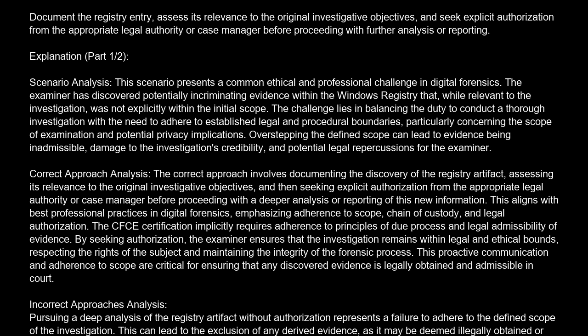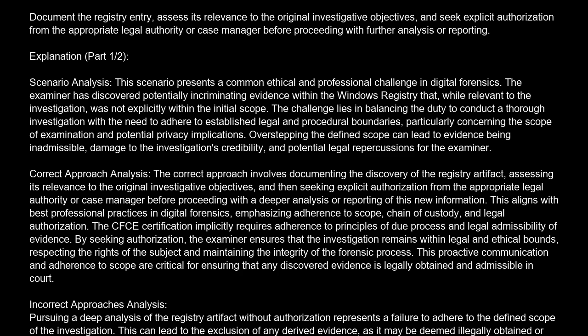Overstepping the defined scope can lead to evidence being inadmissible, damage to the investigation's credibility, and potential legal repercussions for the examiner. Correct approach analysis. The correct approach involves documenting the discovery of the registry artifact, assessing its relevance to the original investigative objectives, and then seeking explicit authorization from the appropriate legal authority or case manager before proceeding with a deeper analysis or reporting